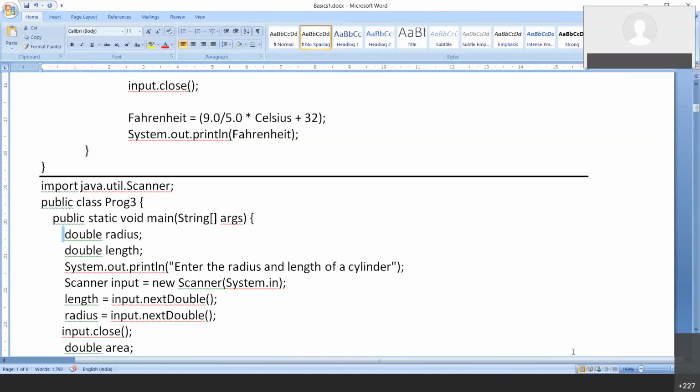Even if you don't close it, it will work. But then what is happening? It is still available in the memory.